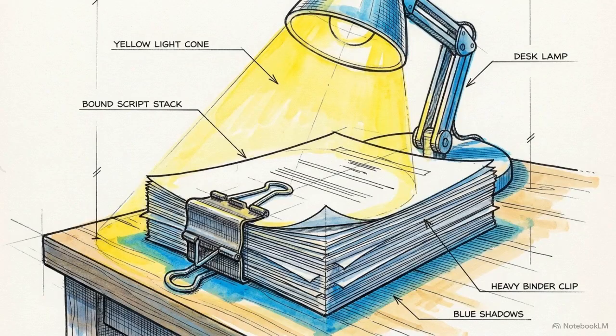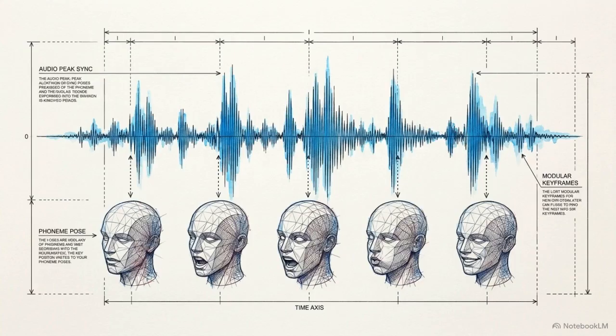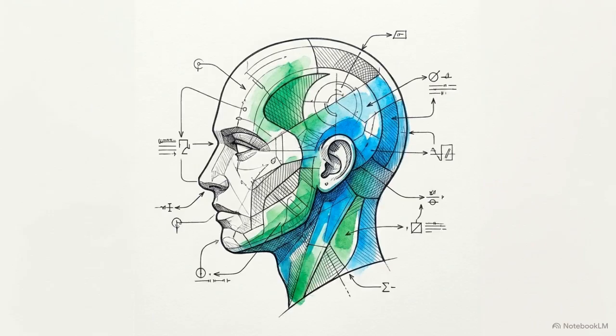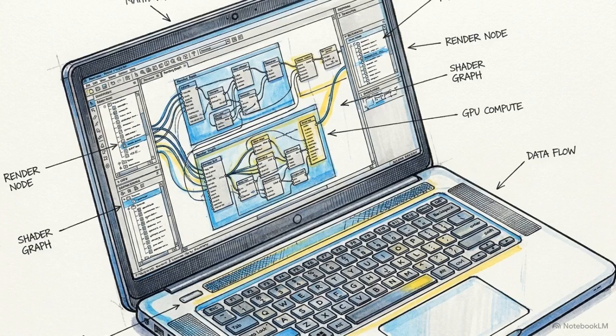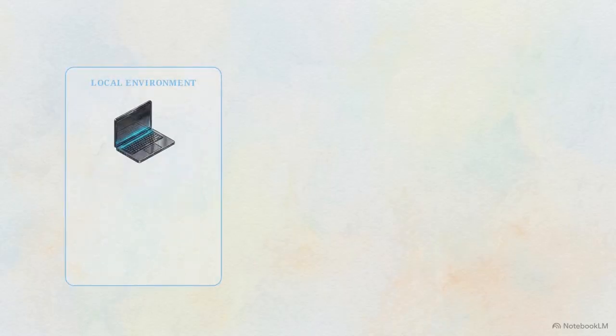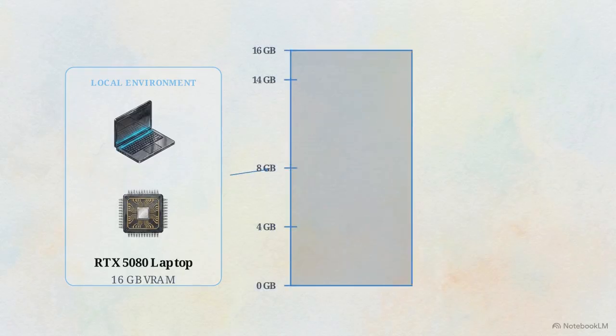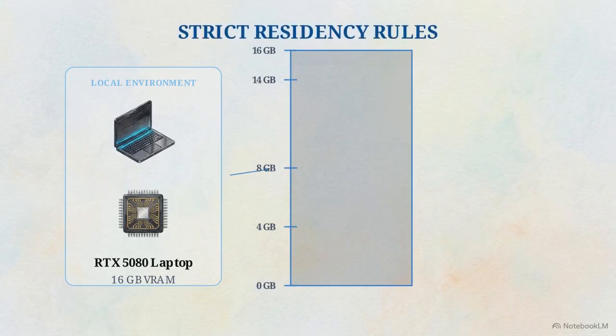It must execute a fixed script, sync perfectly to an audio track, maintain character continuity across multiple shots, and hand a clean alpha channel to a compositor downstream. To test this resilience, the Open Video Model Platform architecture imposes a severe hardware constraint. The entire end-to-end narrative workflow operates locally on a single consumer GPU, specifically an RTX 5080 laptop with exactly 16